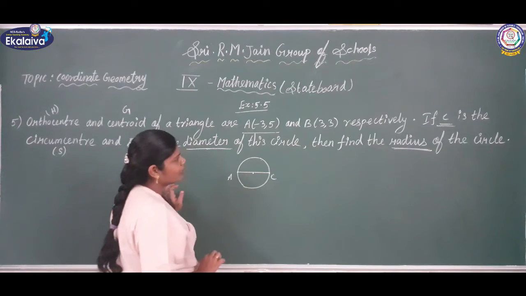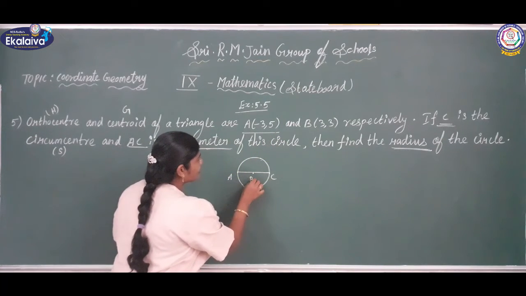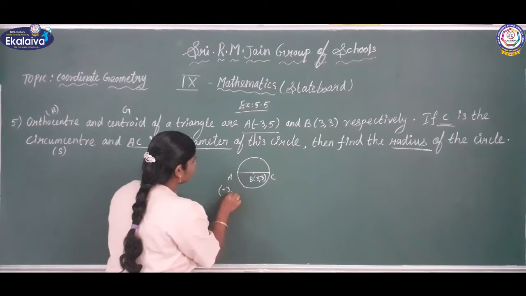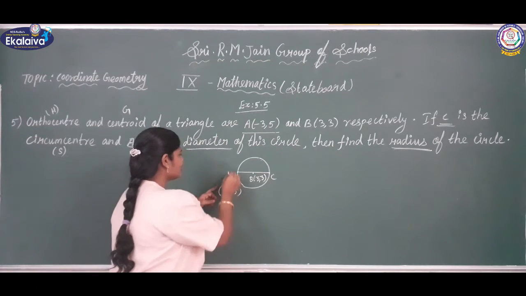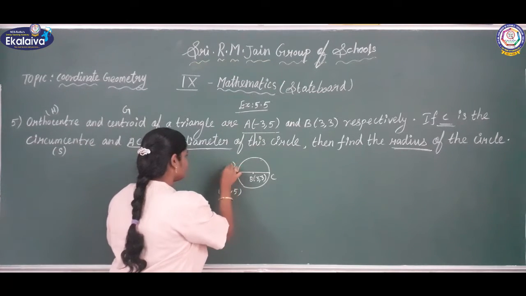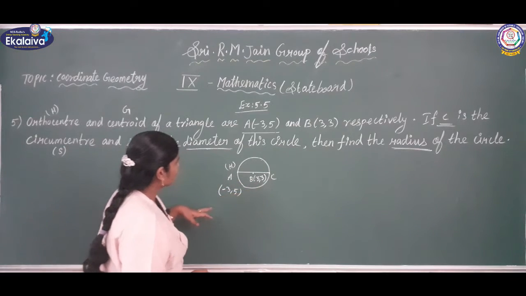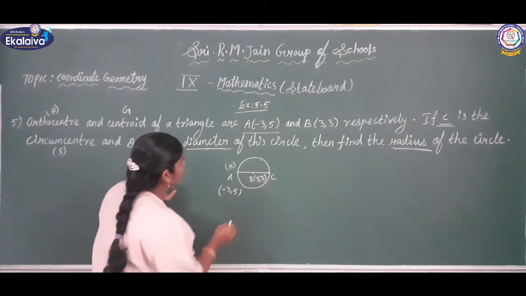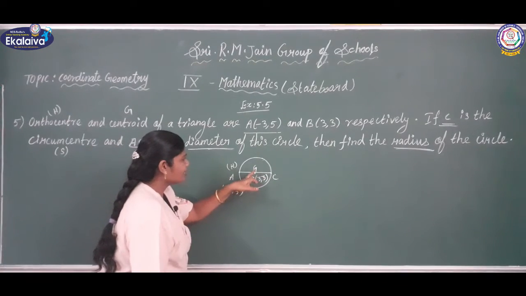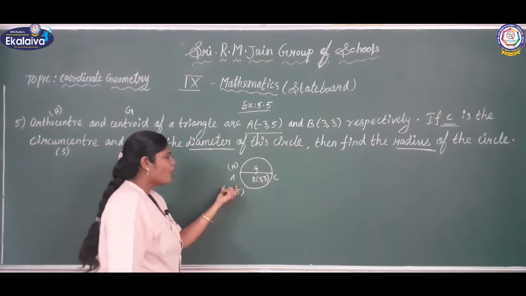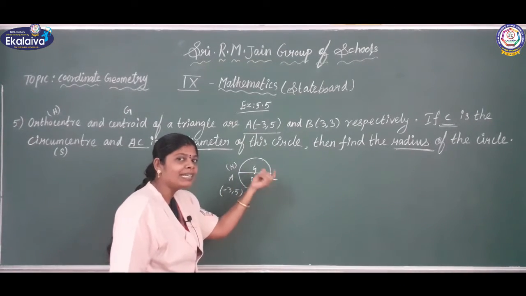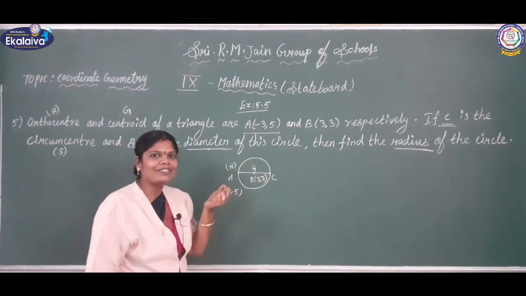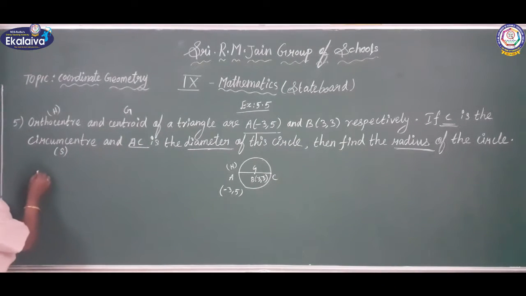This is the center. Here we call it B. Let us assume B is this, and A is minus 3, 5. See, this is the orthocenter H, and this represents the centroid. The centroid divides the orthocenter and the circumcenter C internally in the ratio 2:1. This is given in that book. So what is given in the book?